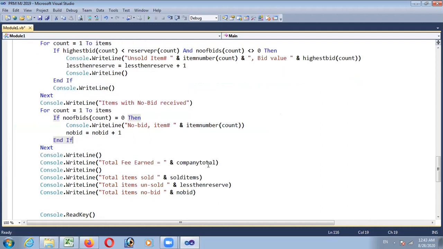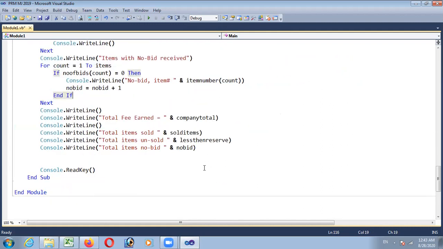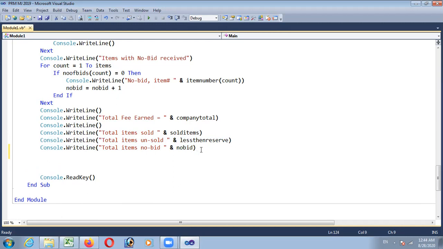Now, what remains to do is to print the final summaries, and here we are with them. Total fee earned will be printed from the company total. Total items sold, suppose 3 items are sold, that 3 will come from the sold items. Less than reserve price will come from this variable, and those having no bids will come from this variable. And the final line we will add is